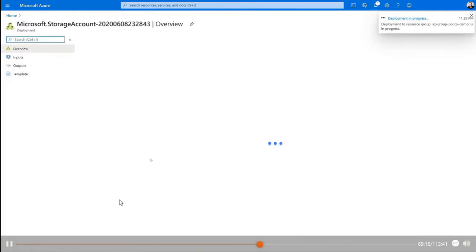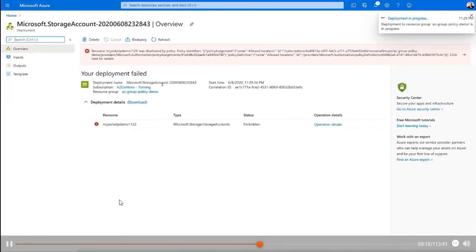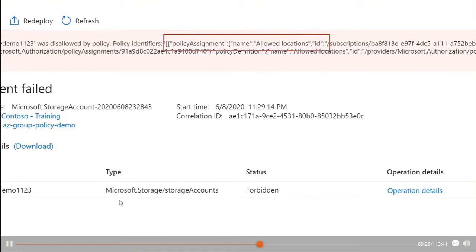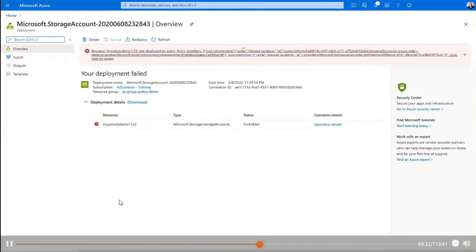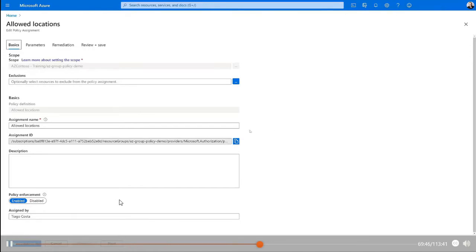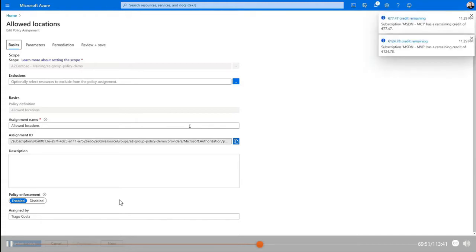So even though this has passed, if I click create, you're going to see that I get an error, and you already have the error in here. And if you see here, basically there is a problem with this policy, okay? So you're not allowed because of a policy, and this is the name of the policy. Okay, so you could click here and you can check what the policies are. So you see your policy allowed locations. You click and you can even go directly to that policy definition, and you can check why you cannot